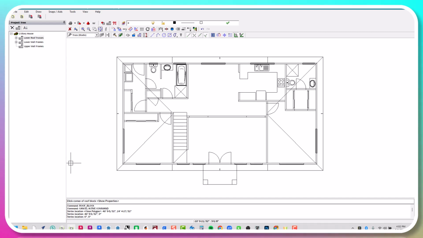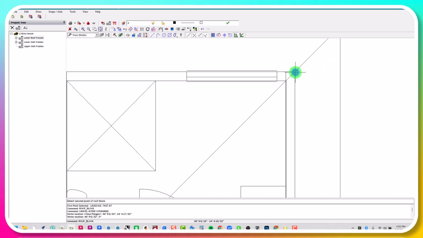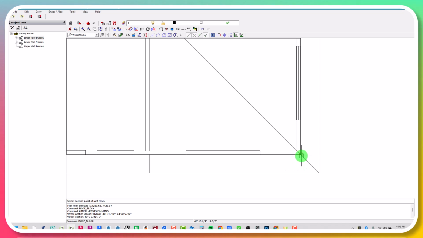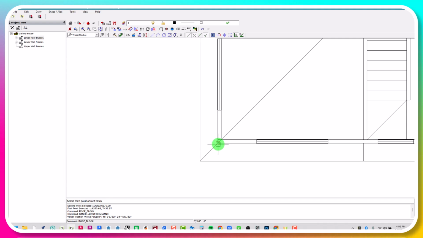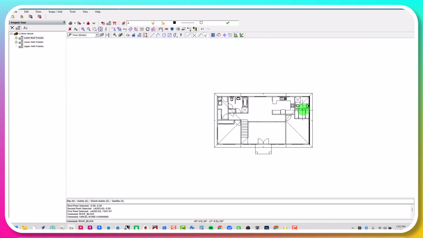Now we need to define our roof. So the next thing I'm going to do is click on 4 points. The first one will be over here. Second one will be down here. Again, make sure you have your snap and toggle on. This will be the third one down here. Now when we zoom out,